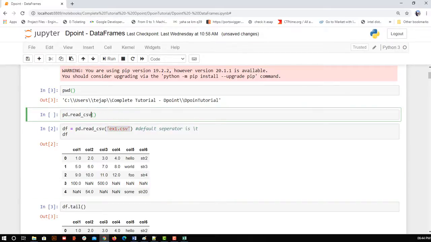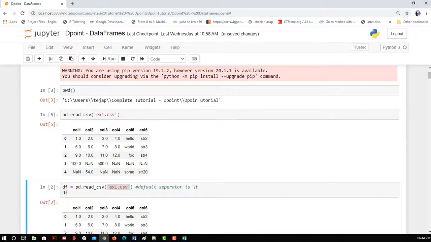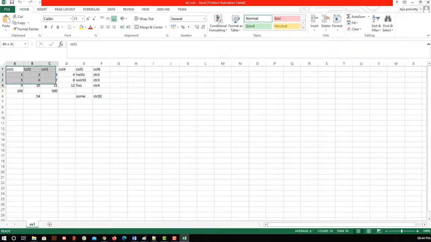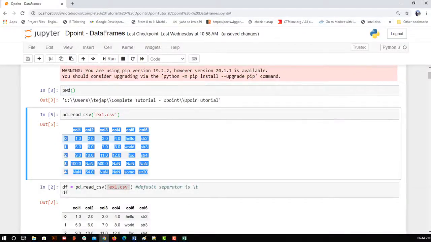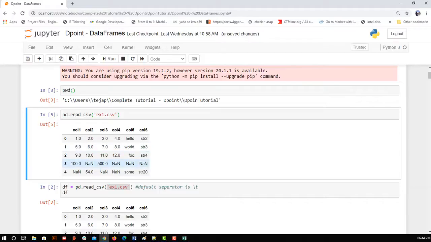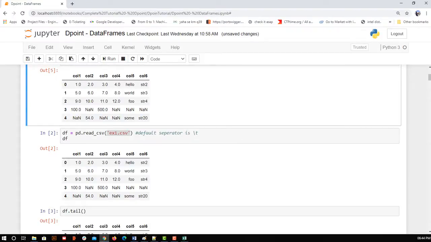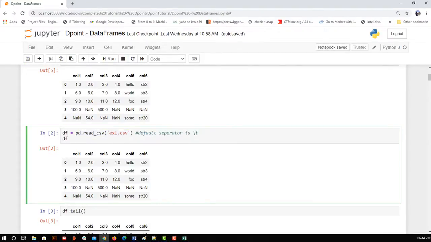I said that because, suppose the PDF format is not available for us, we can see by what separator I could be able to read that. Okay, let me try to execute this. You can see I am able to read everything that is there. The index 0 1 2 3 4 was not there in the Excel sheet, so this index we are able to get. Here I have executed and stored it in the data frame called df.